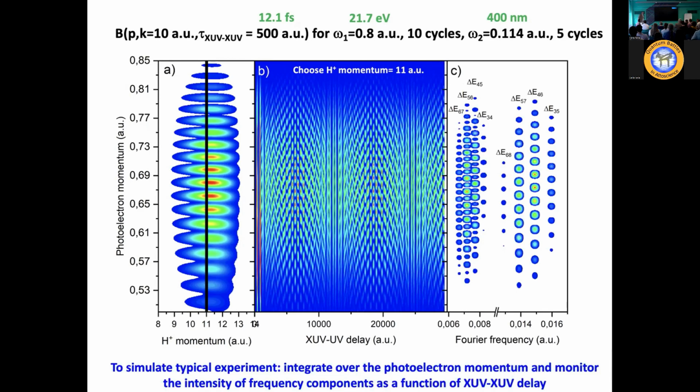Well, let me say it in words. We're going to integrate over the photoelectron momentum, because in the lab, we only measure the H+ momentum distribution. So that's also what we're going to do here. That basically means that the next slide will be a plot of the intensity of these different quantum beats integrated over photoelectron momentum, but now as a function of the XUV delay. And as you see, just like in the experiment,